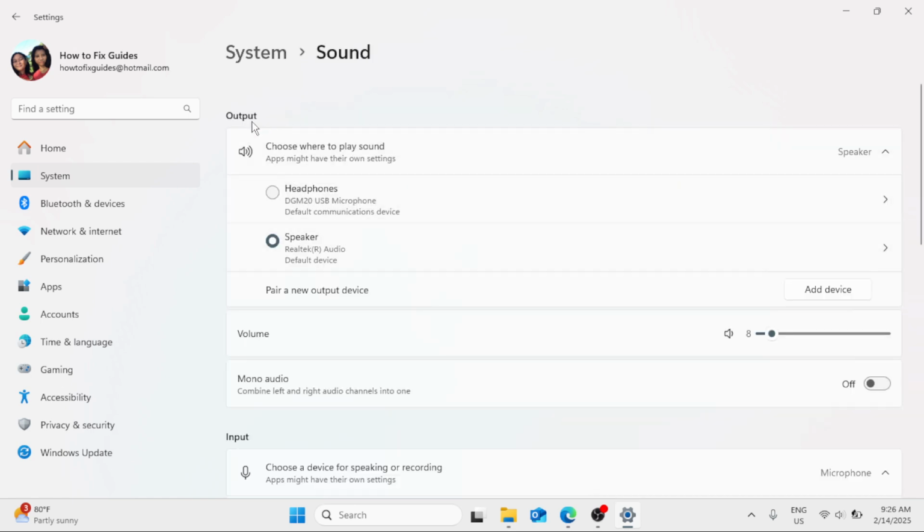Now here for the output, you need to choose the right output for your Windows. It should be the speaker, Realtek audio, which is the default device. Now also for the volume, make sure this is not muted. If this is muted, just simply move this volume slider to the desired volume that you want. And then scroll down